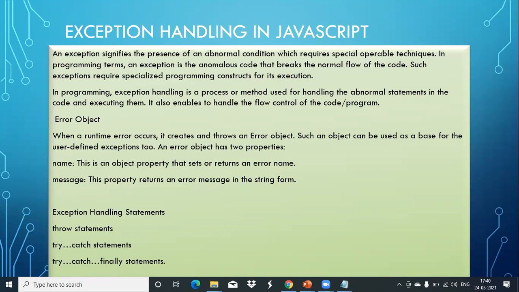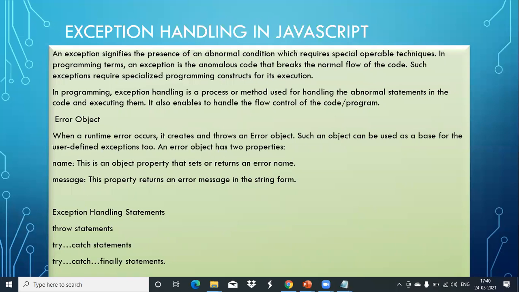But when your program is correct syntax wise, and also logic wise, but when we run it the output is not showing properly, or your program is stopping unexpectedly, that we call a runtime error. And the situation where your program is stopping unexpectedly during runtime, that we call an exception.